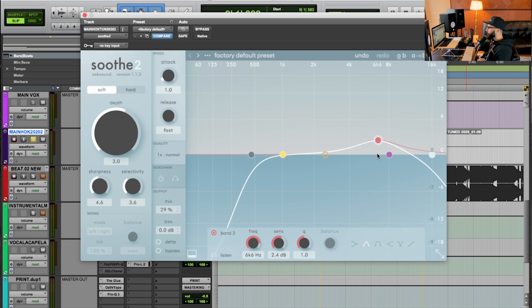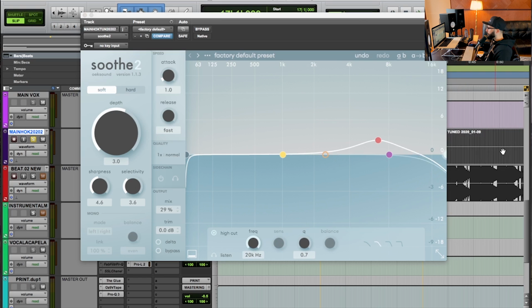Once again, depending on your sound, your signal, the thing that you're applying this to, you may want to approach this the same or differently. It's just going to really boil down to what part of your frequency is problematic. Maybe you want to actually treat more of the low end and more of the high end. You're not going to have as crazy of a cut as I do, right? Maybe you don't have a problem at 6.6K and instead your problem is more around 2K, you know? So you can obviously set that up instead. A lot of different ways to approach this, but all you got to understand is the sensitivity and how it